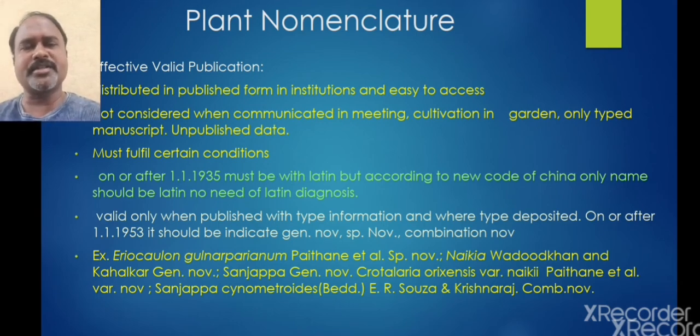The well-known institution in our India is the Botanical Survey of India. Whenever some author is describing a new taxon, it should be compulsory to deposit that printed copy or that herbarium sheet in a recognized institution. So nowadays the Shivaji University of Kolhapur, then Dr. Babasaheb Ambedkar Marathwada University, Blatter Herbarium of St.